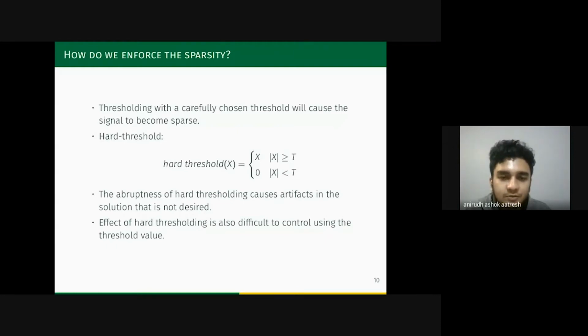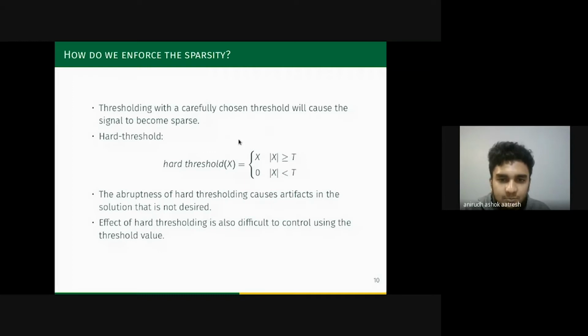For example, if you have a signal having just three coefficients, 3, 8, and 2, and you want to hard threshold this signal with a threshold of 4, as you go through the signal, 3 is less than 4, so that would be considered as 0, 8 is greater than 4, so that would be retained as 8, and 2 is less than 4, so 0. So a hard thresholded signal in this example would contain 0, 8, and 0.